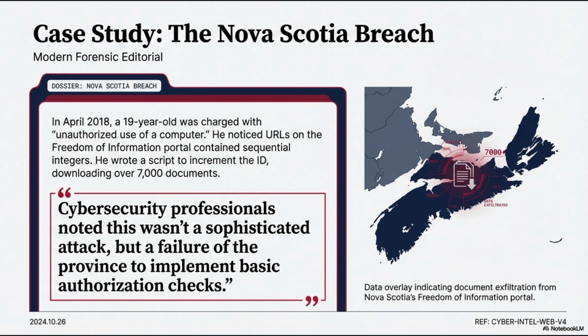So a case study for this is the Nova Scotia breach. In April 2018, a 19-year-old was charged with unauthorized use of a computer. He noticed URLs on the Freedom of Information portal contained sequential integers. He wrote a script to increment the ID, downloading over 7,000 documents. And a quote is, cyber professionals noted this wasn't a sophisticated attack, but a failure of the province to implement